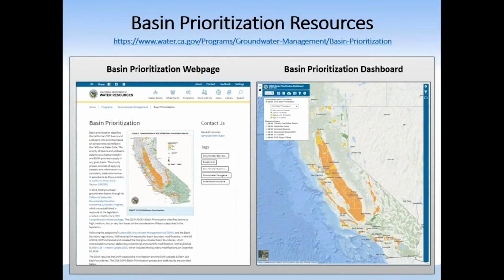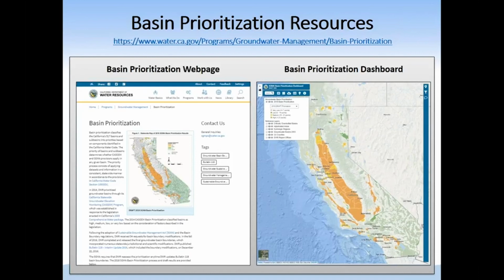So I'll start with the basin prioritization resources, and there are two key resources that are available. And they're available at this website that's on the top of the slide here. The first is the basin prioritization webpage. This is the hub for all things basin prioritization, and where you can access a variety of other related data sets.